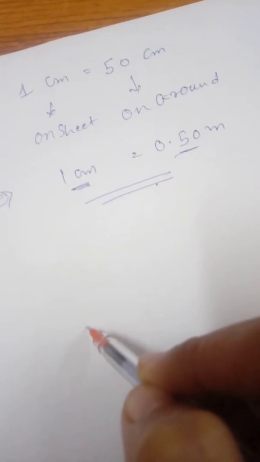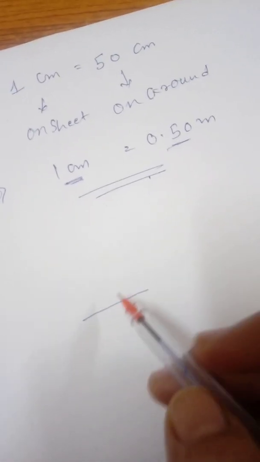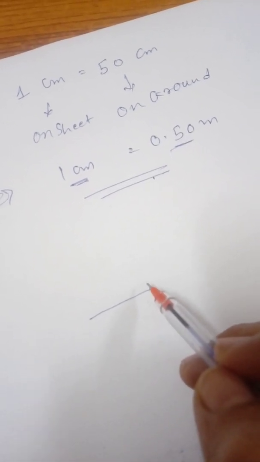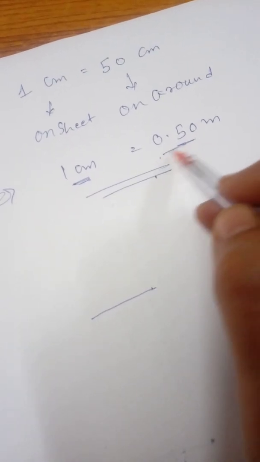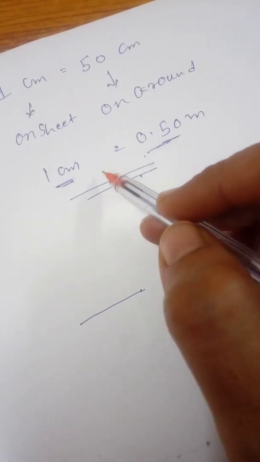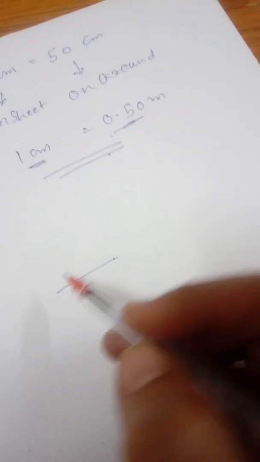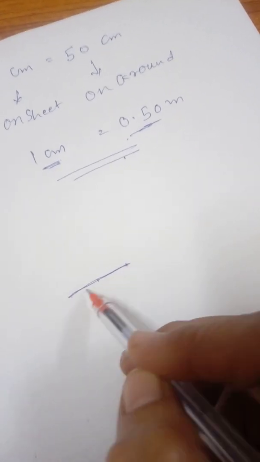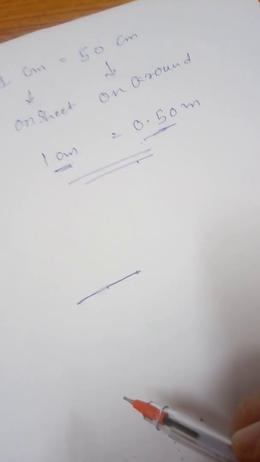on ground, okay? So if we are drawing a 1 meter line of ground, for drawing that 1 meter line of ground, we have to plot how much centimeter, 0.5 मीटर है, तो कितने सेंटीमीटर ड्रॉ करने पड़ेंगे? 1 सेंटीमीटर से 0.5 आधा मीटर है, तो 1 मीटर के लिए 2 सेंटीमीटर। यहाँ से यहाँ तक ये 2 सेंटीमीटर लाइन है जो बता दिए कि ये ग्राउंड का 0.5 मीटर है, ठीक है? So as per that we will be drawing this drawing in our A4 size sheet, okay?